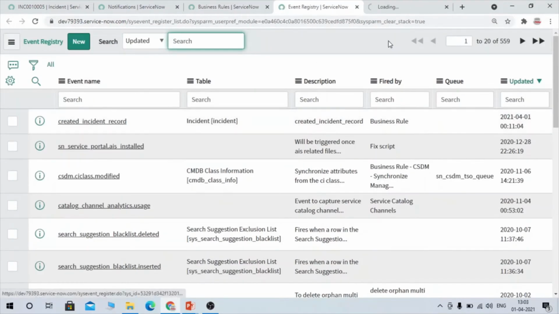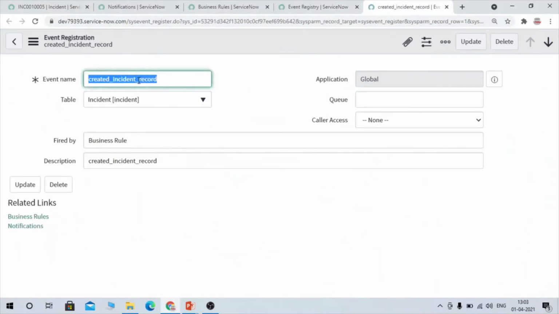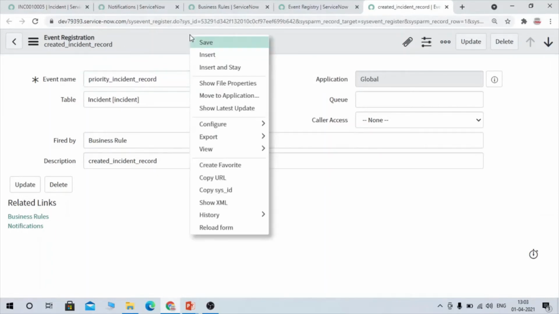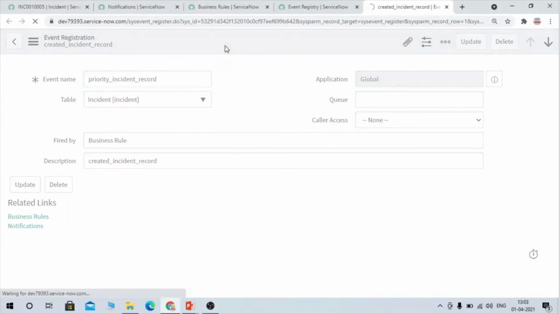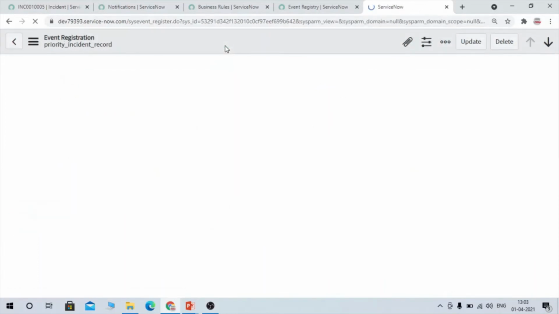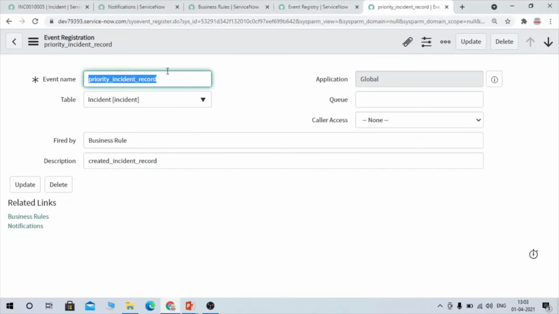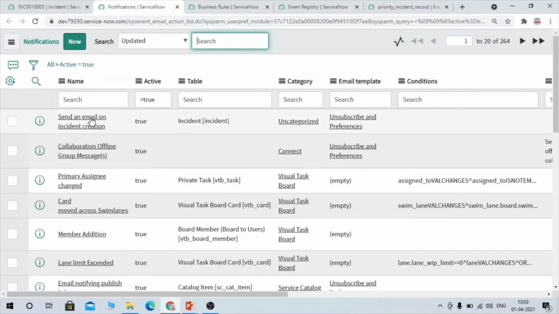This is already written on the incident table, right? So I'm just going to change the name. Here, incident created incident record, I'm just changing it to priority, just to show you how you can do this kind of configuration. So the event name has been changed, right? Now come to notification.